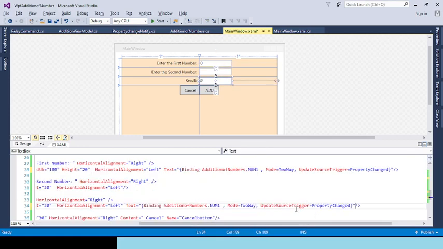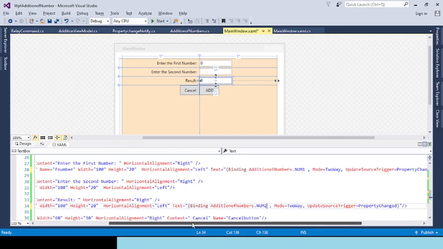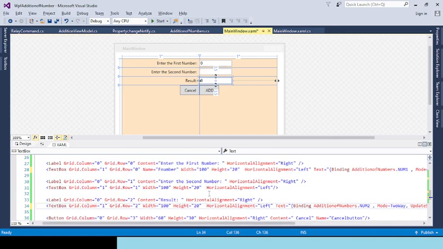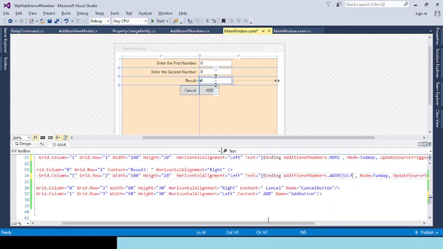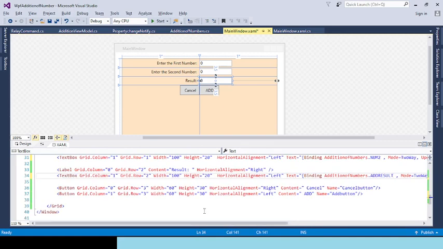Here I paste it, just instead of num1 I use num 2, and same now for 2, and here is your result. Result. Let's see what happens, but we are not binding